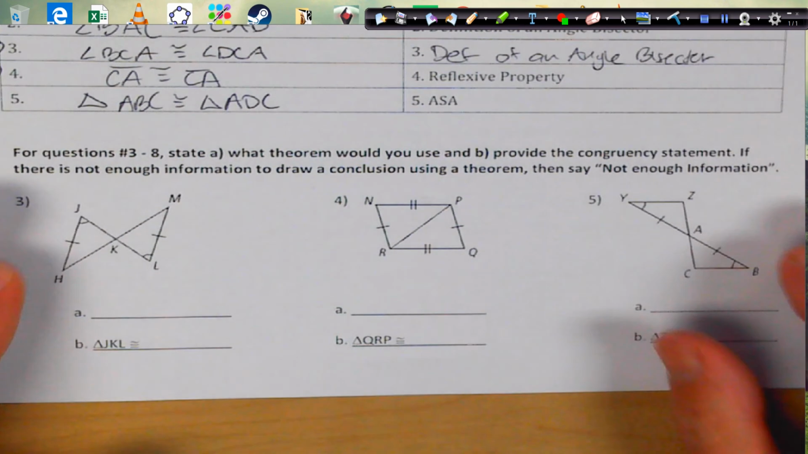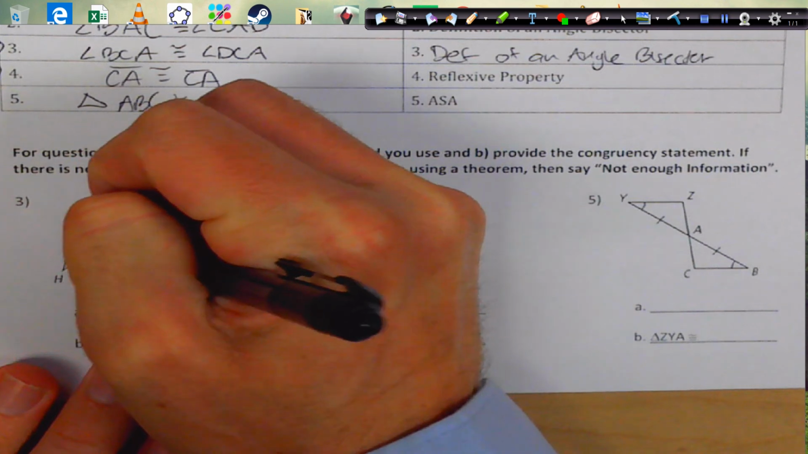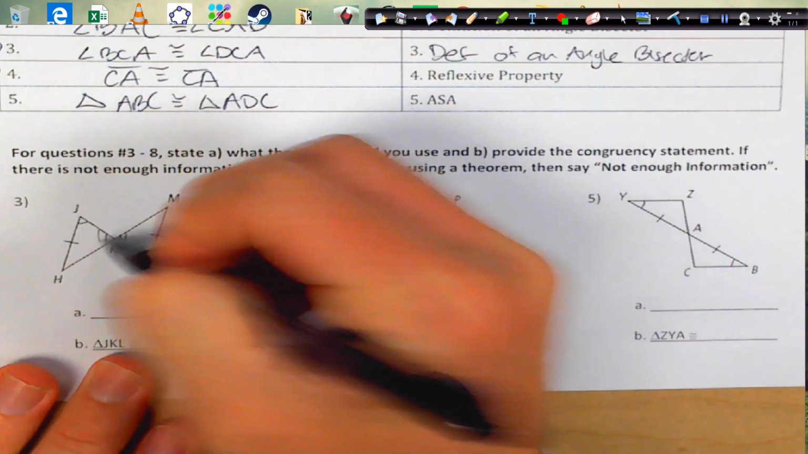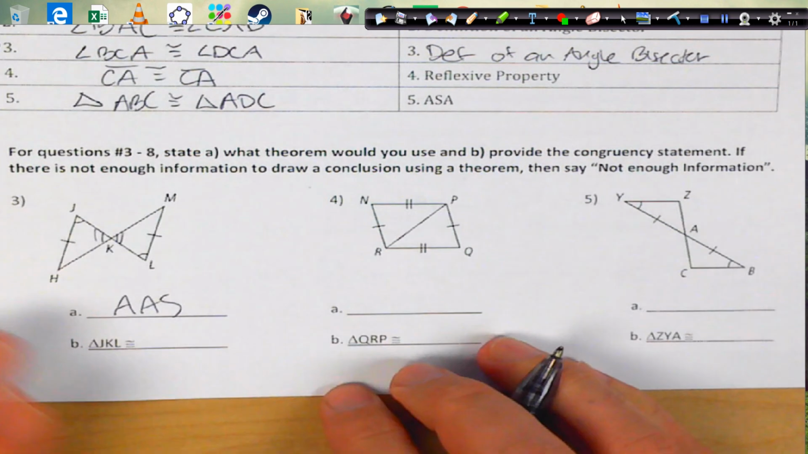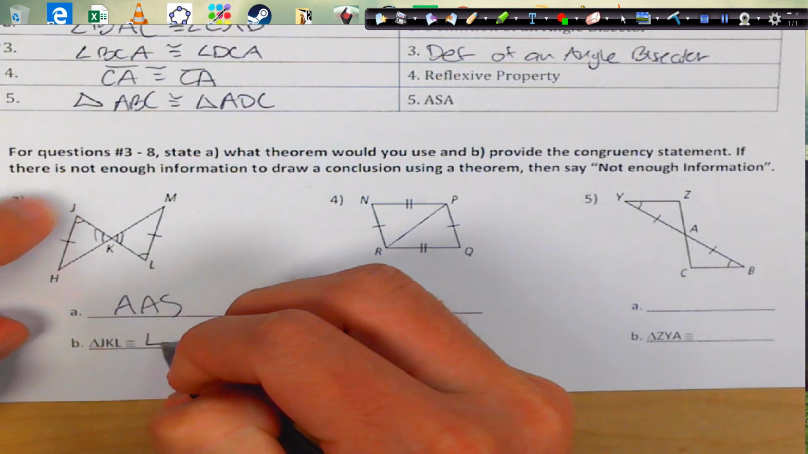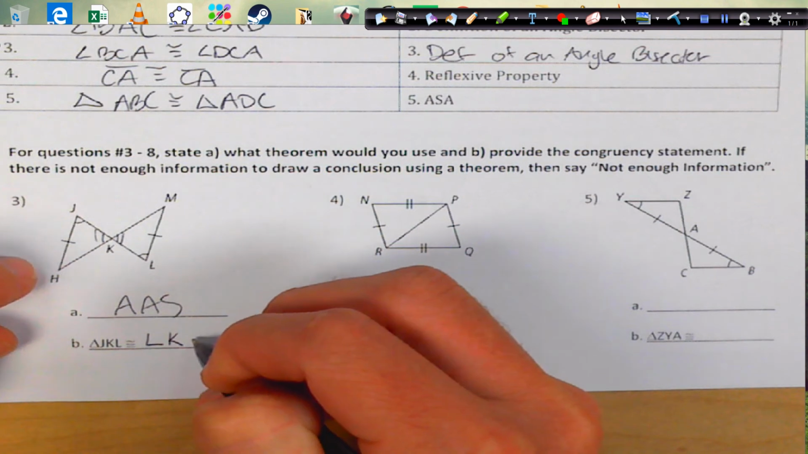All right, state what theorem you'd use to provide a congruency statement. Okay, so first one here we have vertical angles, so that's going to be angle angle side. So angle angle side, and J is going to match up with L, K is going to match up with K, and H is going to match up with